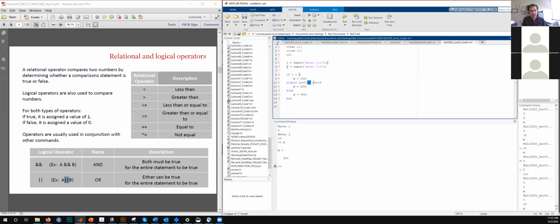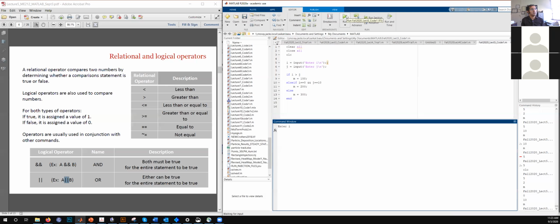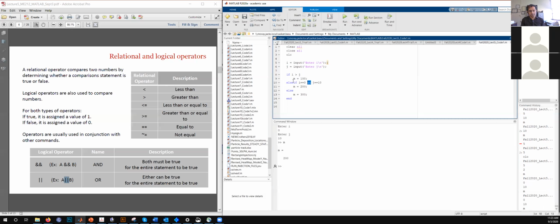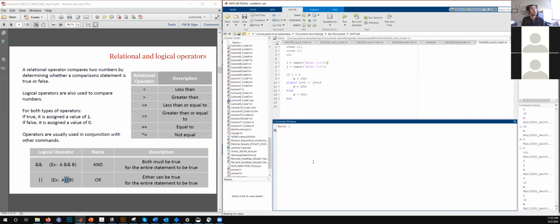On the other hand, if we had AND, and let's save this and run it again, and we have i is equal to 0 and j is equal to 10, then the m should be 200, which is true. But if it is this, and then run it again, and then we use i is equal to 0 and j is equal to 10 again, we still get m is equal to 200.